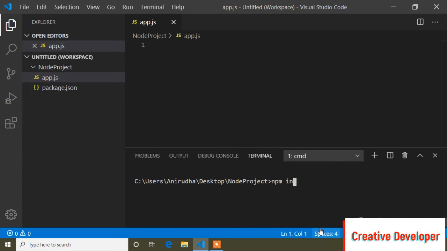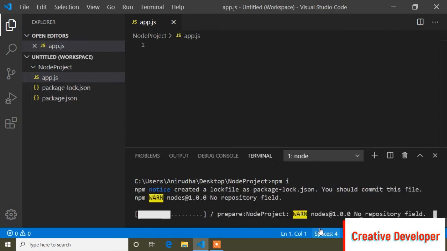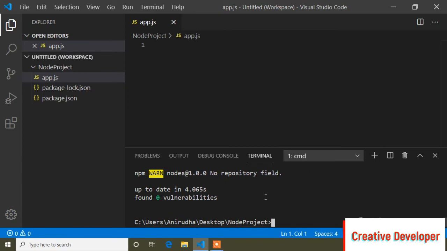You can write install also, otherwise you can write i, that's also i for install. Here I will press enter, and it will take some time to install node modules. So you can see it has created a node_modules folder.